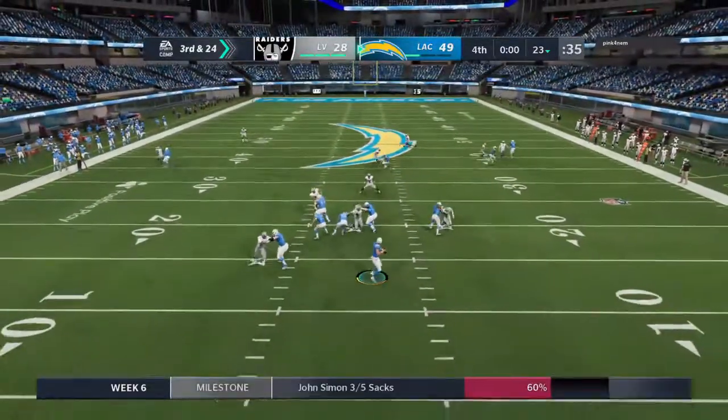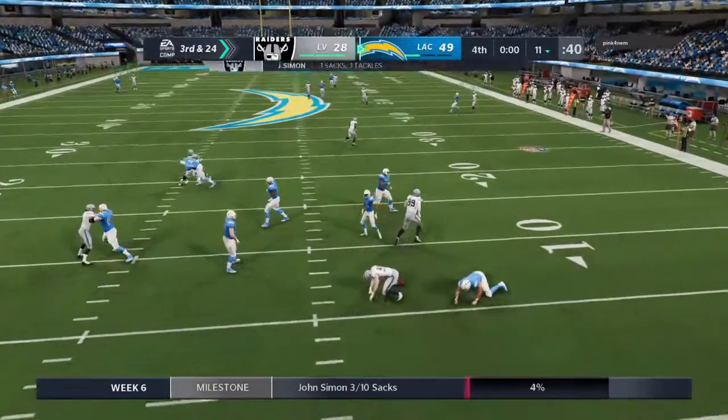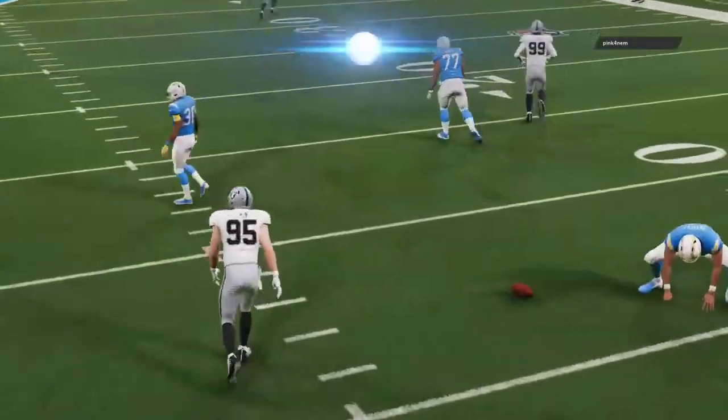Throwing on 3rd and long. Herbert. Pressure too great, and he goes down once more. Today's final score, Chargers 49,